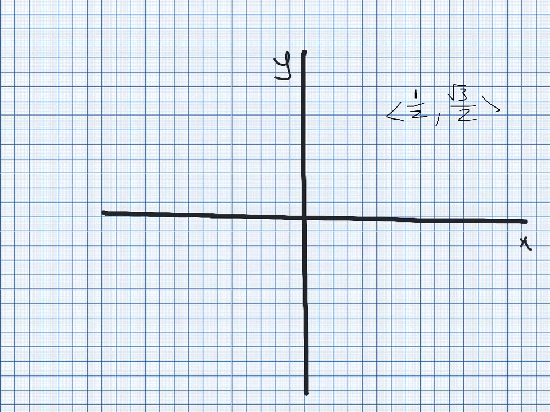Don't want to put it right there. Put it about right. Let's see if that's 1/2. We'll put it about right there. So that's our vector right there, and that has a unit length of 1. So I can represent the cosine of 60 degrees and sine of 60 degrees as my